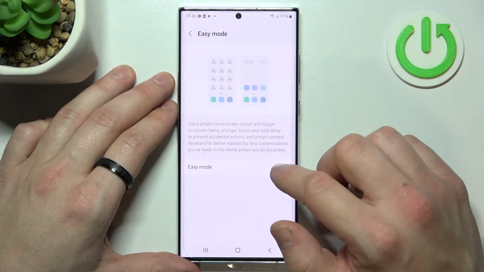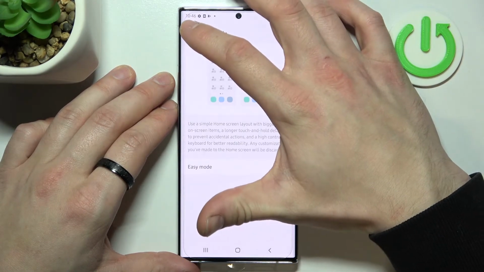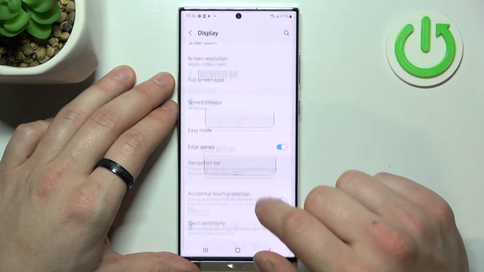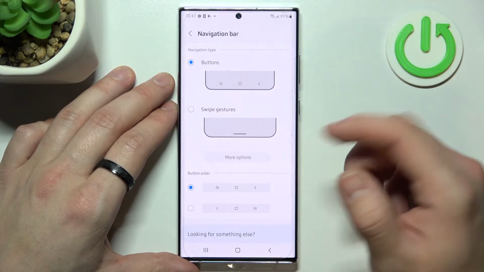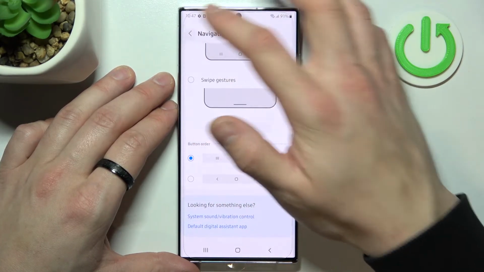Then we can turn on easy mode, enable or disable edge panels, customize navigation bar between buttons, swipe gestures, change button order,